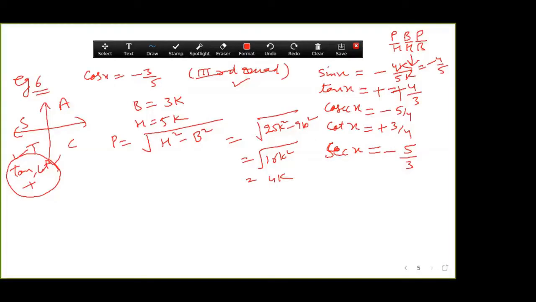What did we do? What is the difference in this question? In the previous classes, we just calculated the values in the first quadrant only. Here, we are calculating in the second, third, and fourth. Any quadrant can be given to you and you can solve the question. The same process you have to apply, but you have to learn whether the trigonometric function is positive or negative by using the concept after school to college. Apply this concept and get the values, whether they are positive or negative.